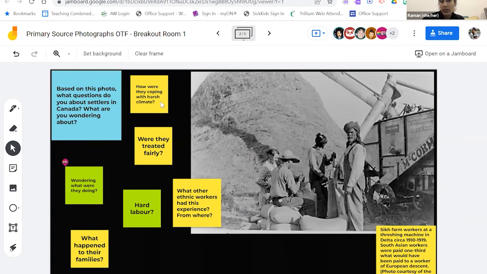How are they coping with harsh climate? These are amazing questions and comments. And I think, just imagine even what our students can see and do. Because I find, especially with the questioning, and when students look at photographs, they come up with all these different ideas and thoughts that maybe didn't even pop into my head, or they notice things in a photograph so subtle that creates this whole new idea and question. It might take you in a whole different route.